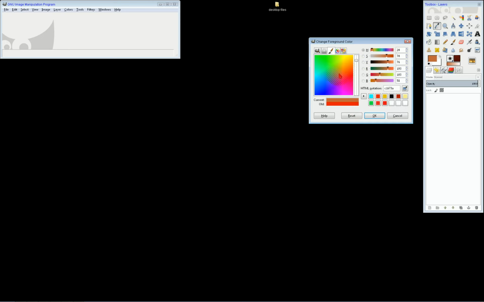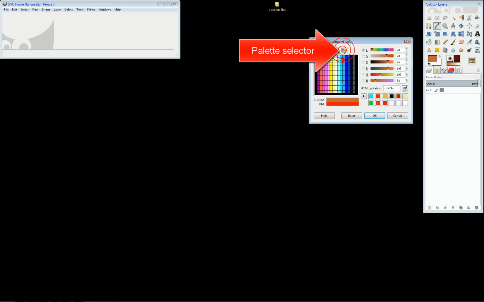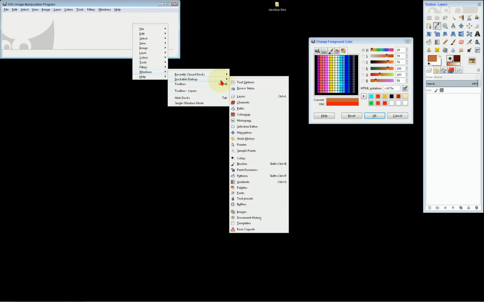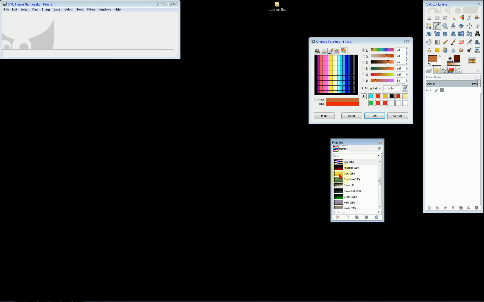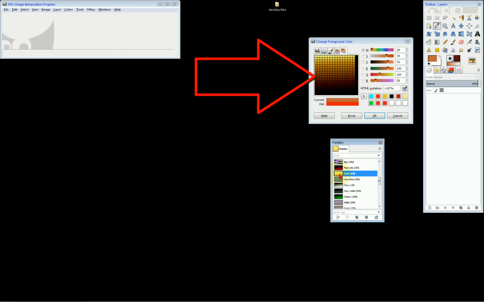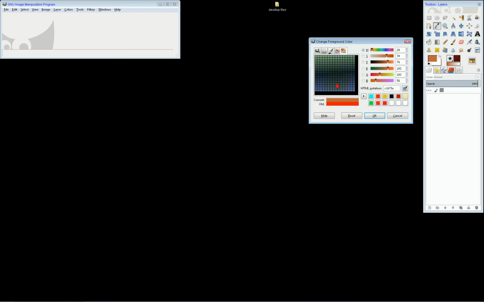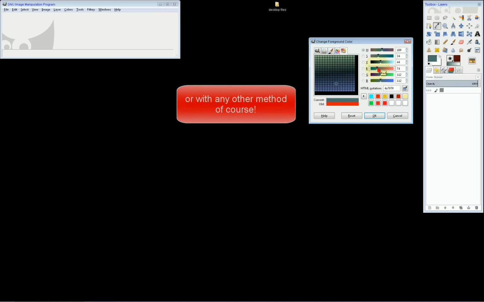And the last mode of selecting color is the palette mode. Inside this area you get the current palette. You can select a palette with Windows, Dockable Dialogs, Palettes. Inside this dialog you select a palette, and in this area the palette updates. So by clicking here on a color you select it. And of course after that, with these scale selectors you can affect the selected color in the HSV or